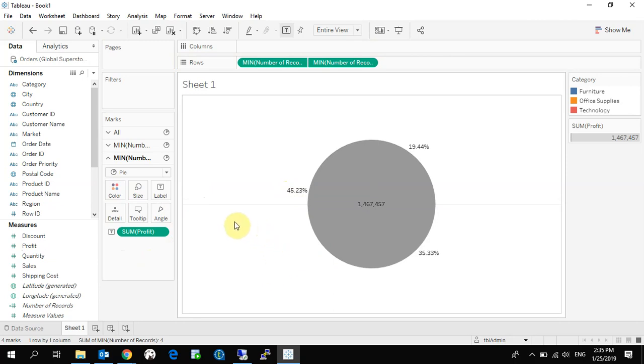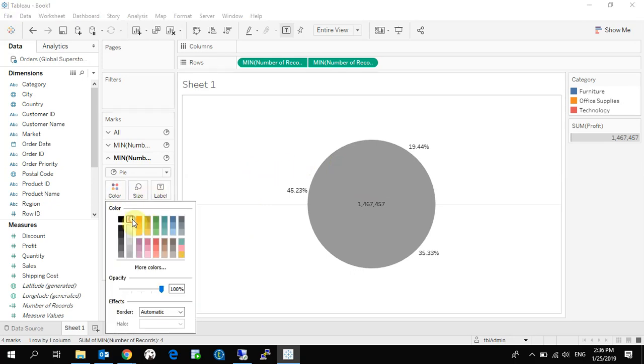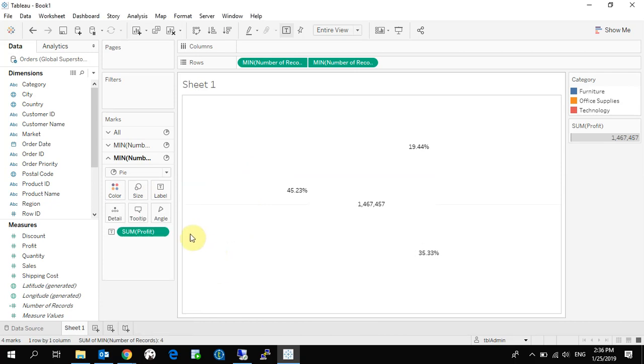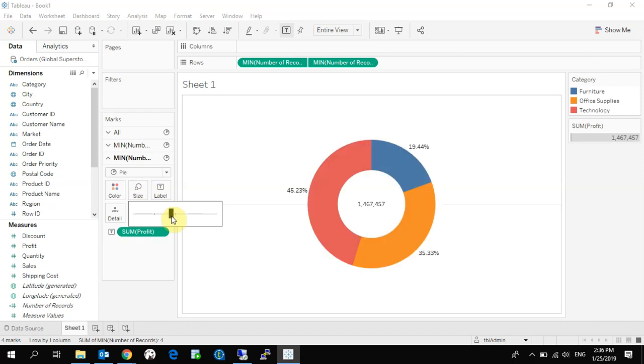So now we have to make the color inside our pie chart the same as the background. In this case it will be white, so I will choose the white color. Now we can see that our pie chart is gone, but it's gone only because it has the same size as the first pie chart. So I will make it a smaller size,